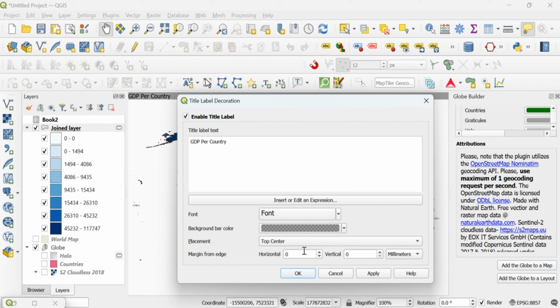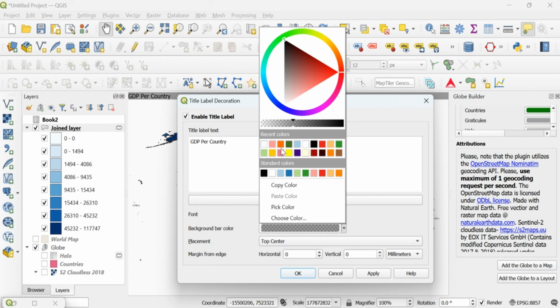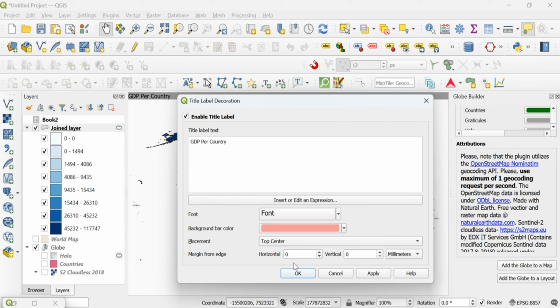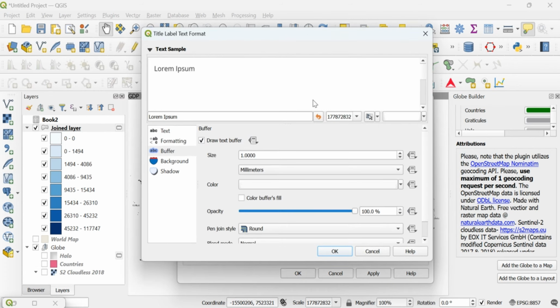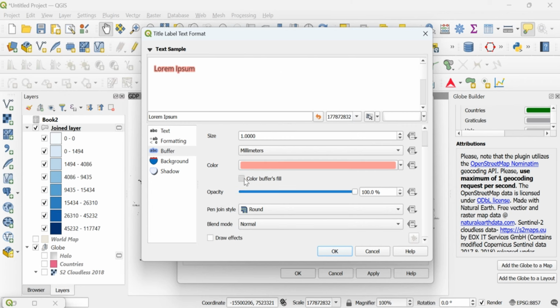Let's do top center, and then let's change this. We can also make a little bit of a tweak here, set a different color, also the same color. We can set the color buffer fill,